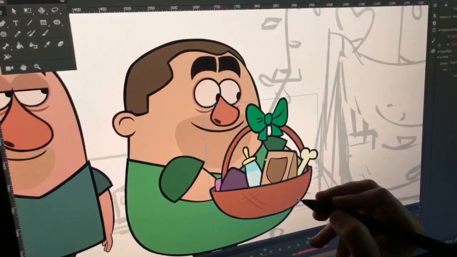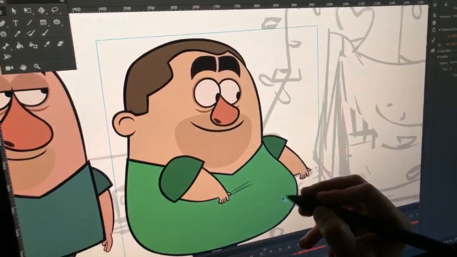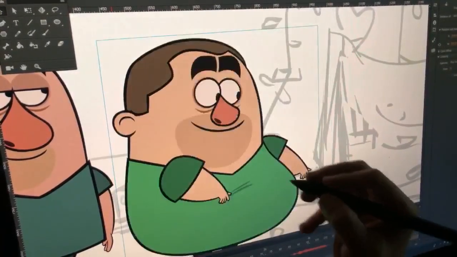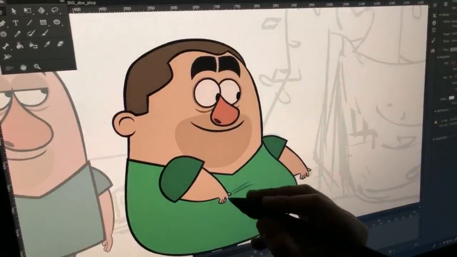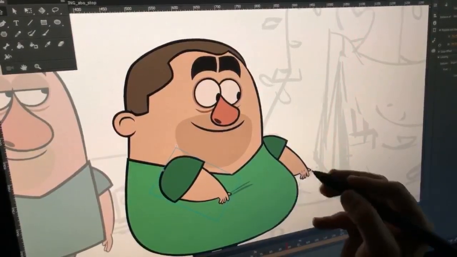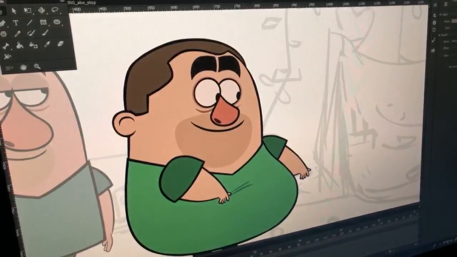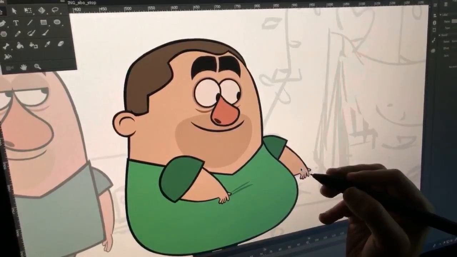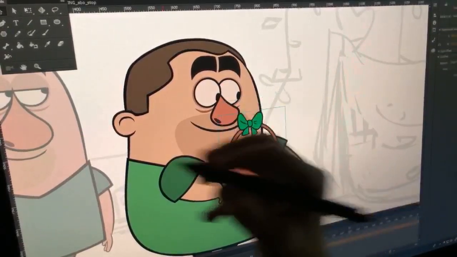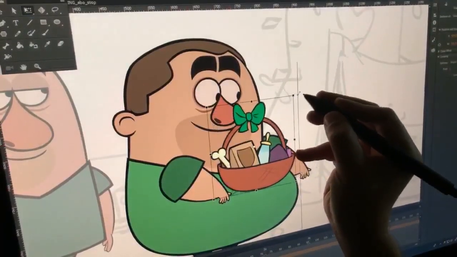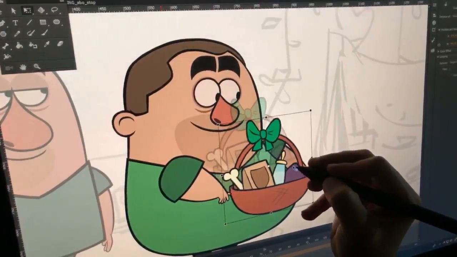Okay, so then I'll grab the basket. I'm actually gonna go inside the Abo symbol. Abo is one object here. I'm gonna go inside the Abo symbol. I want this hand to be over the basket, this hand to be behind it. So I'm gonna create a new layer underneath that hand. I'm gonna hit Control V to paste. Scale it up to a good size.